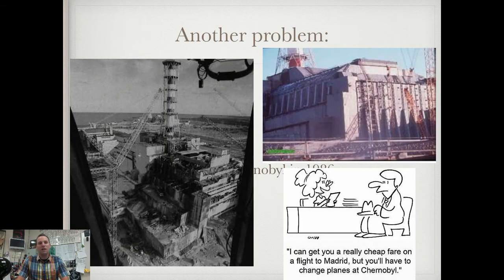And of course, another big problem is that these power plants are not always the safest thing. They can explode. Way back in 1986, in Russia, Chernobyl exploded. And you can see here in this picture that it exploded. The picture over here on the right is the aftermath. This is what they built to cover the reactor to try and keep everything in. It was called the sarcophagus. So they were running a test. The power plant exploded and it blew a ton of radioactive material into the air.